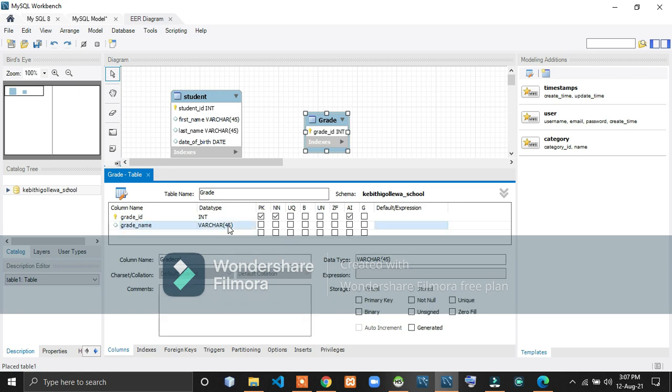For that I set the data type as VARCHAR, character length as 5 because in the Sri Lankan school system there are only grades from 1 to 13. So because of that I set character length as 5 here. So now I have created the grade table and the next one is